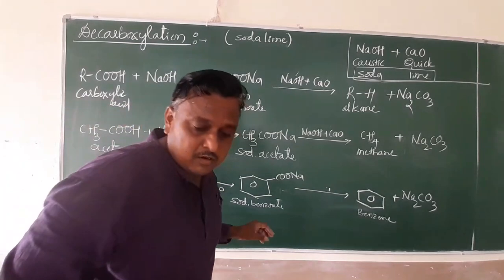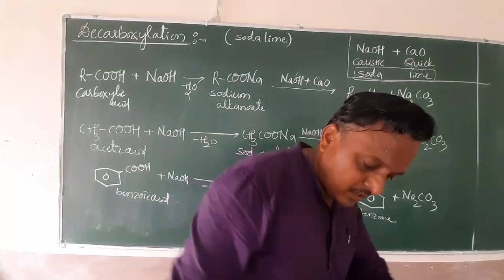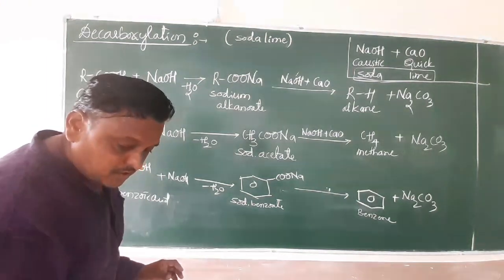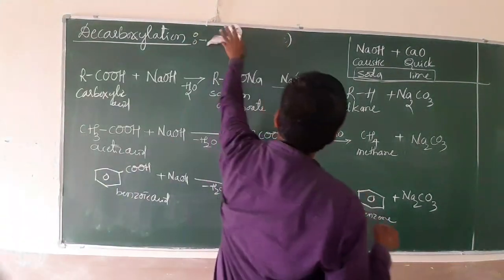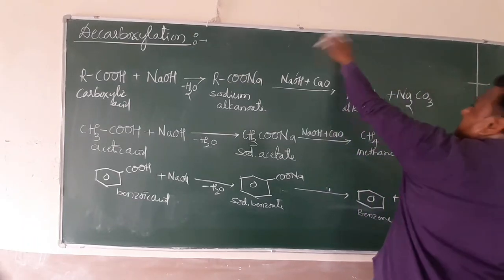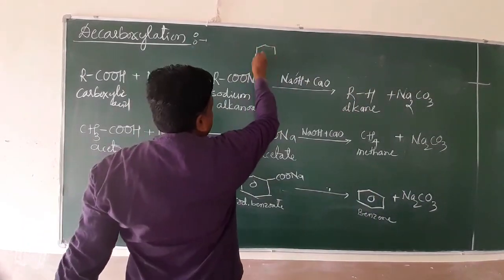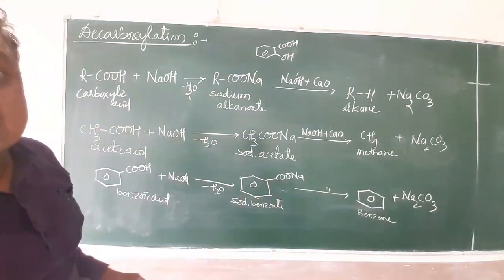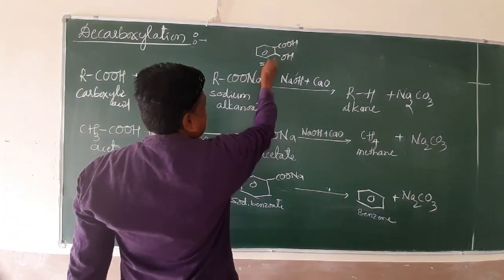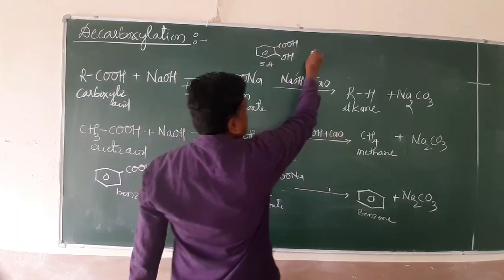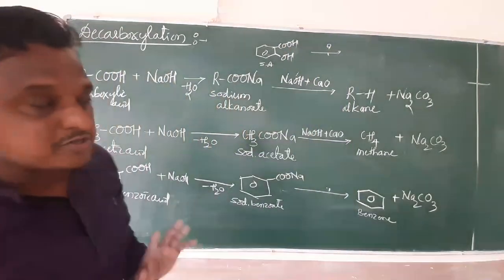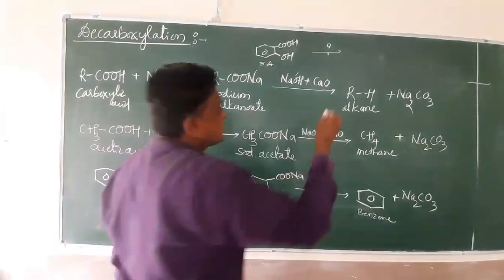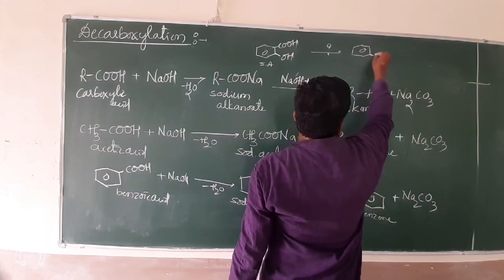I have a very simple reaction as mentioned in our part. If you use a compound from the CET part, you already know this compound. This is called salicylic acid, orthohydroxybenzoic acid. And what happens? Salicylic acid undergoes decarboxylation. This is my question. Only removal of this carbonyl carbon, OH is retained. With practice, your answer must be phenol.